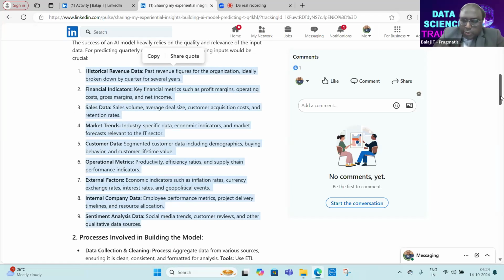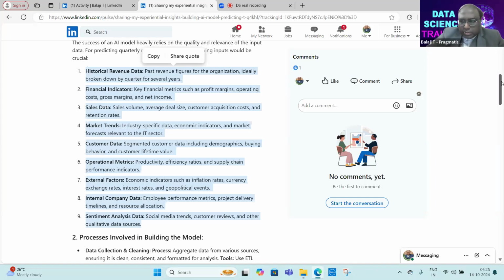So your input also needs to be as correct as possible, as complete as possible, as holistic as possible, and the process should be robust enough to take these inputs, do some magic on the way, and then give you the desired output or envisaged outcomes, right?